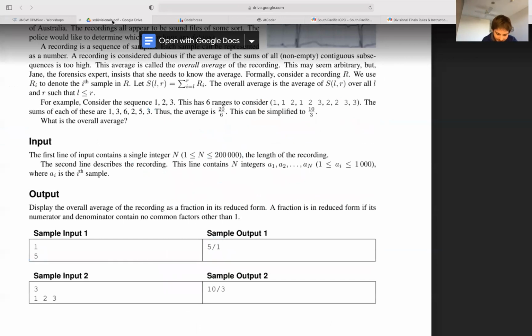Let's consider points where the start and end are different. That's n choose 2. So the start and end are different values. Then there are n starting points, and there are n minus 1 ending points. And this covers every range twice, because this will consider each range.